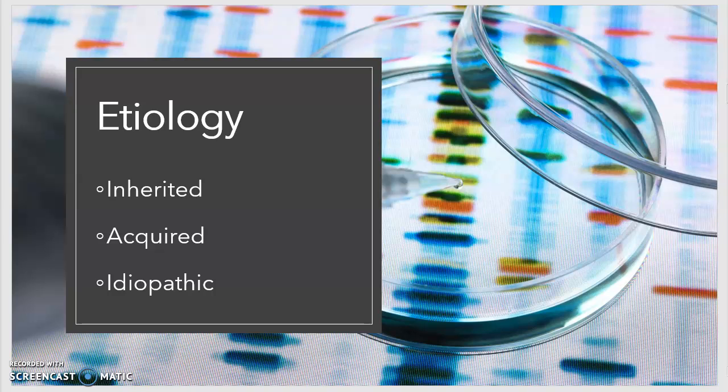Etiology. One important consideration that must be made when classifying types of dystonia is the etiology of the disease. By understanding the origin of a specific type of dystonia, medical professionals can prescribe more effective treatments. In inherited dystonia, there is an established genetic link that can be passed down through DNA. With acquired dystonia, it's not inherited, but can be traced to a specific cause, such as a brain injury, infection,